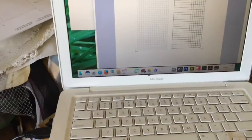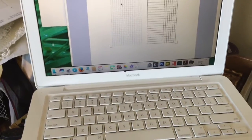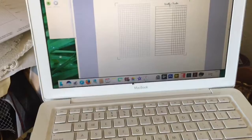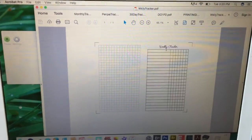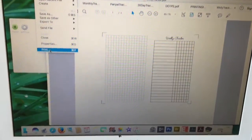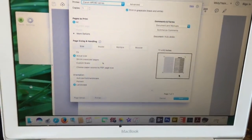To make it a little easier for you to see what's happening, I put my sheet in and I put an arrow pointing down so that I can show you exactly how it happens here. This particular file that I purchased is a weekly tracker, and you don't really have a lot to worry about when you print it because it's only one page, but you do have to think about which way you're flipping it,